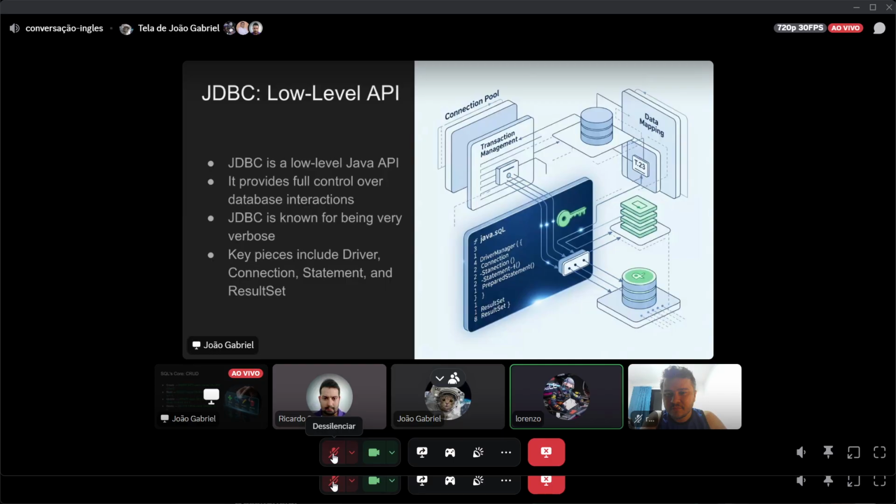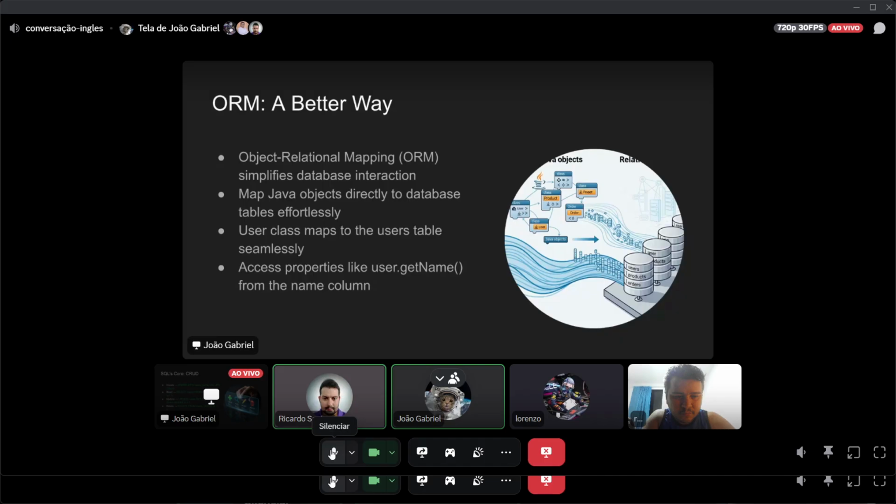Yeah, of course. Well, as we were talking about before, the magic way. A new acronym for our bucket list: Object Relational Mapping, which simplifies database interaction. We can map Java objects directly to database tables effortlessly, and use a class mapped to a user table seamlessly,